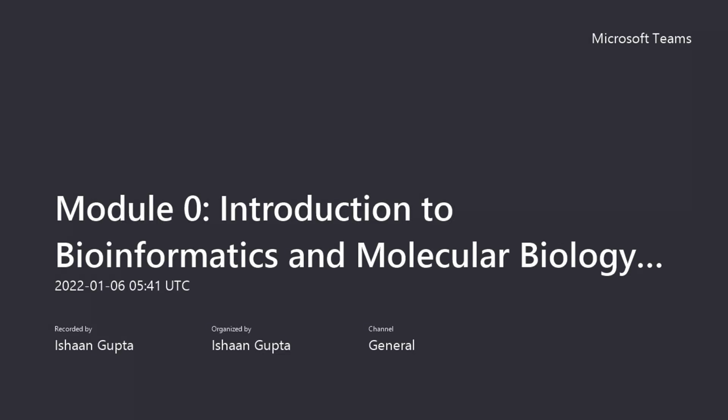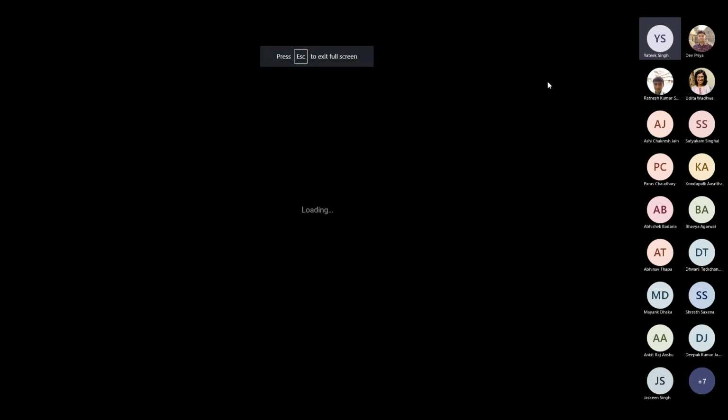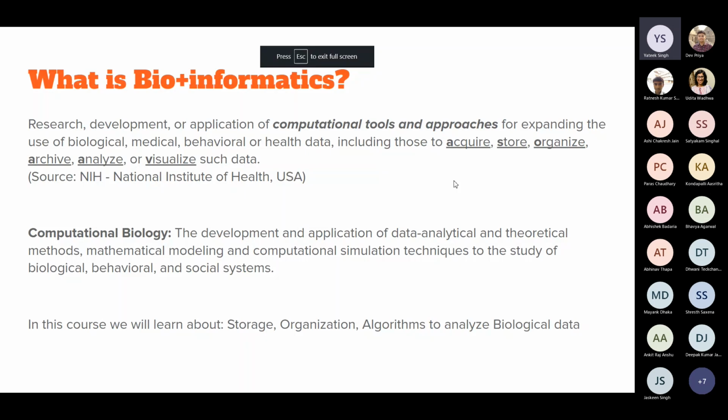Okay. Right. So what is bioinformatics? Bioinformatics is very clearly a combination of two words, biology and informatics. So if I were to take a proper definition, which was given by the National Institute of Health,